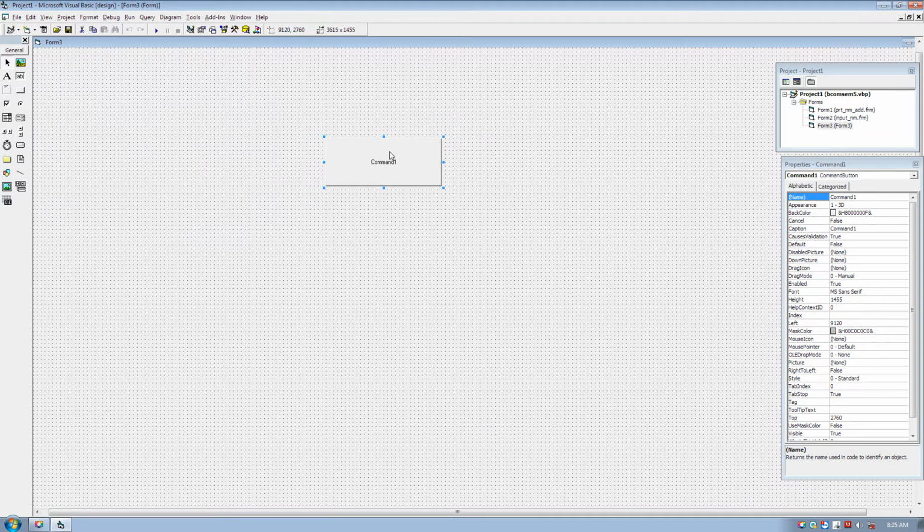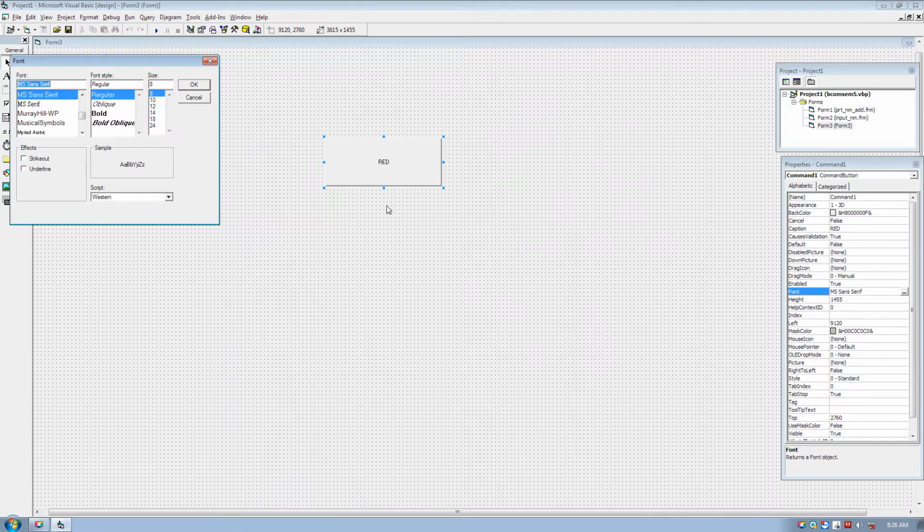Say for example, I am setting the caption of the command button to red, and I also want to change the font of the command button. So the font size will be, suppose, 24.